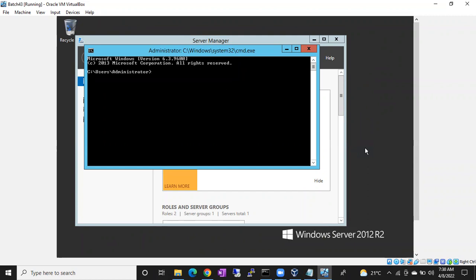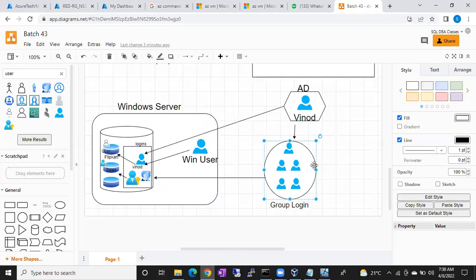Once they have added that person into the ABC group, whatever permissions this group has, if any new person is added to the group, he will enjoy all the permissions. He can get all the permissions immediately. If I remove this person from this group, he has nothing. He doesn't have any permissions.